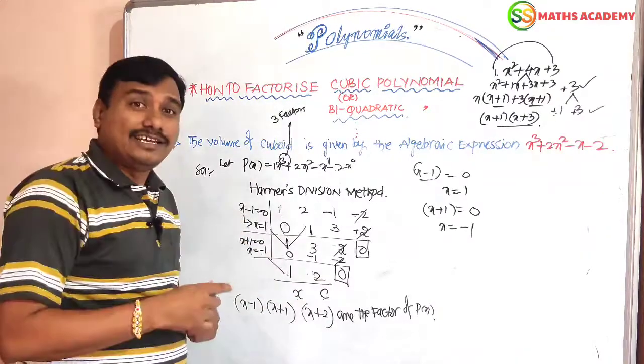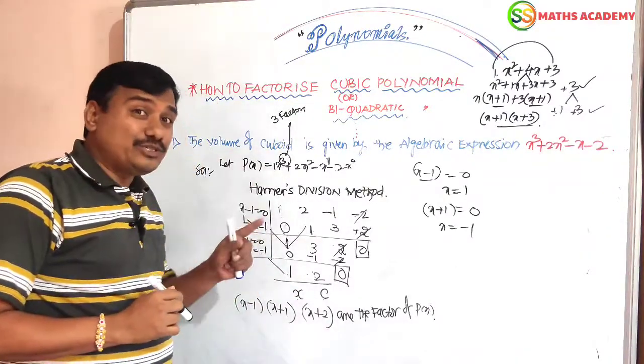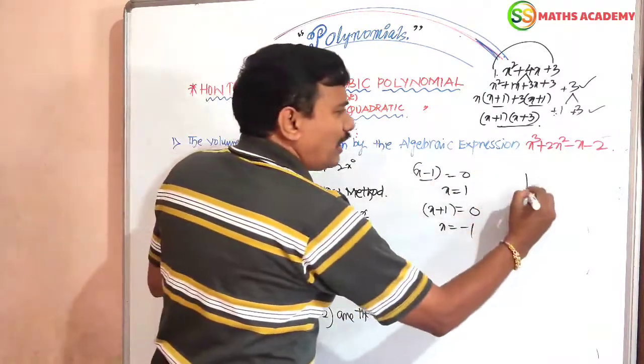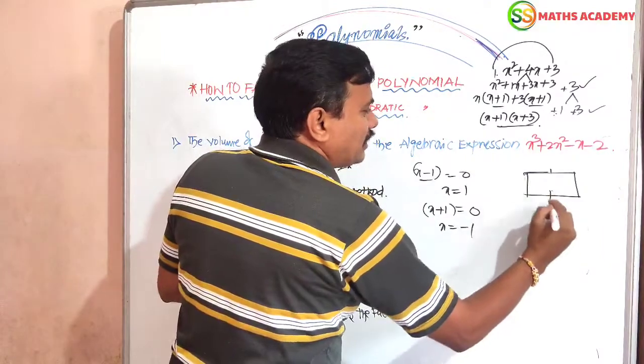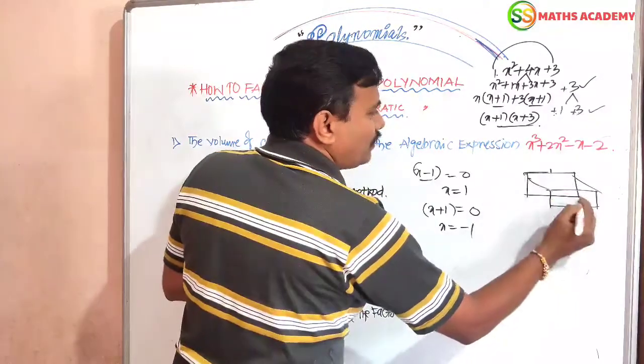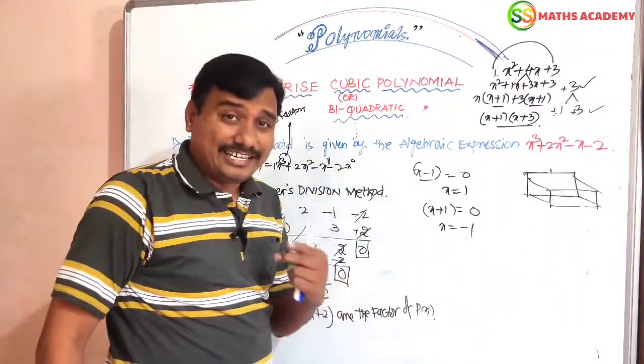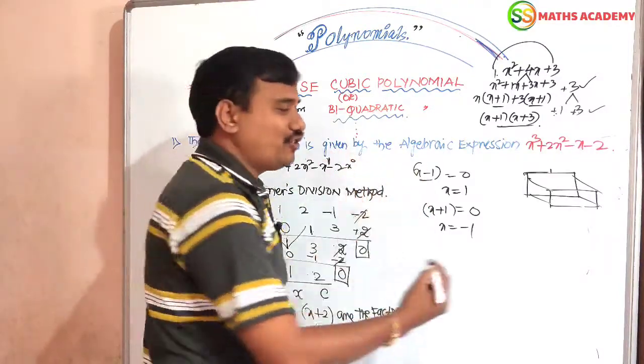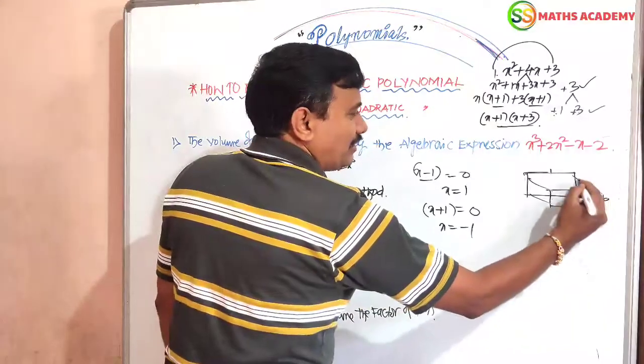We got it. Now you have to observe. What is this question asking, friends? The volume of a cuboid. The front shape of a cuboid is a rectangle. A rectangle having extra height becomes a cuboid. It is 3-dimensional geometry. It has length, breadth and height.